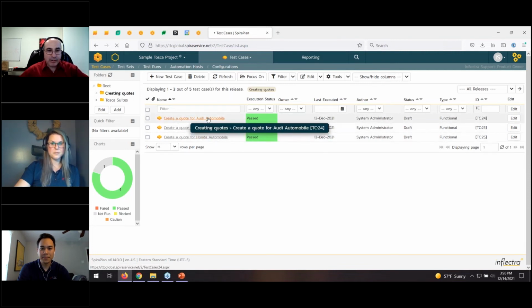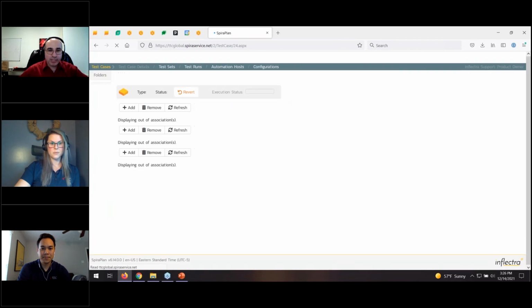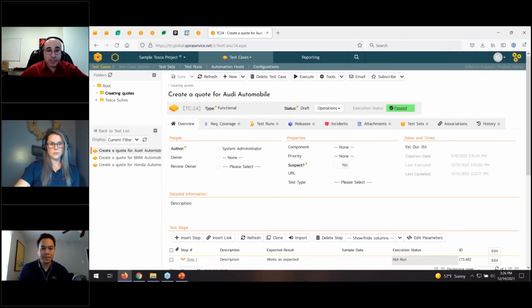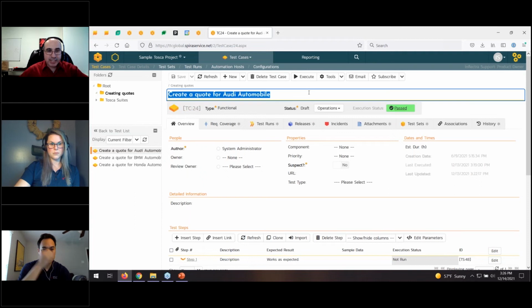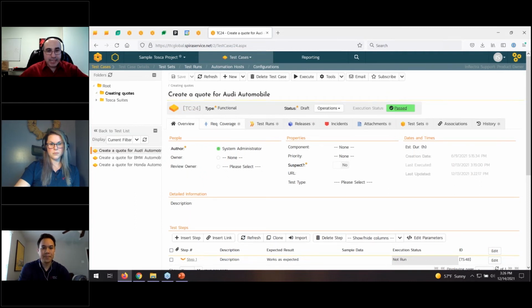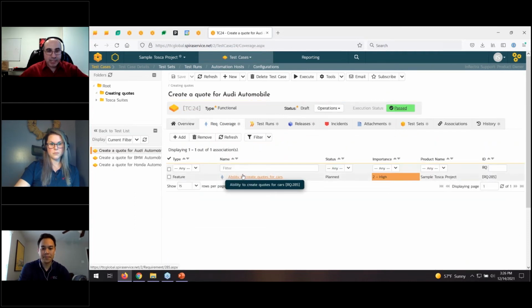Inside of Spira, we have a plugin for TOSCA that comes free with SpiraPlan. You take your existing test case, and it is mapped back to at least one requirement. We've got a requirement called ability to create quotes for cars, and that's going to need to be tested 3 times, one for Audi, one for BMW, and one